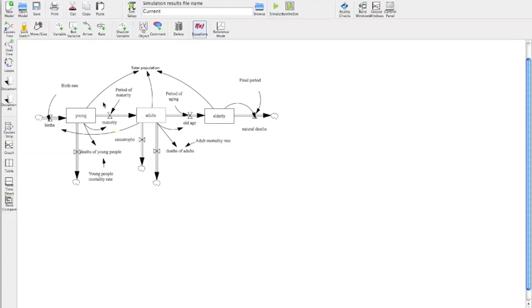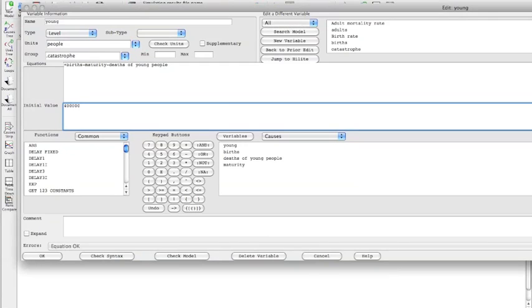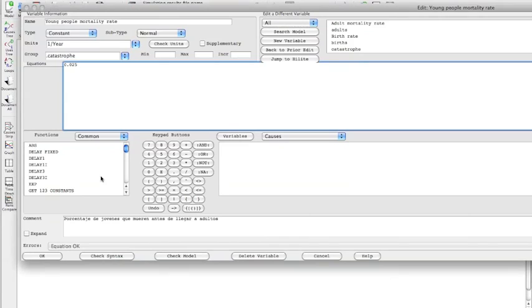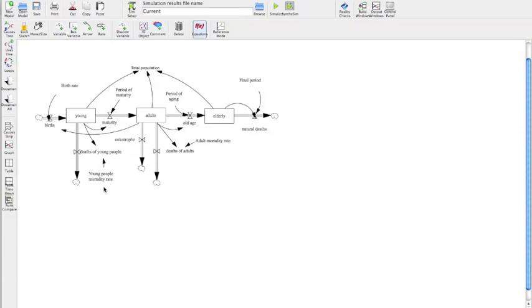So let's walk a little bit through the entire model, and let's start with the young. The young are essentially born, and then they become mature, or they can actually die. The units of this are people. So this model actually has a death of young people. There could be an accident or something that causes young people to die. So there's a young people mortality rate that's given, based on whatever demographic data you have, and there's a maturity,